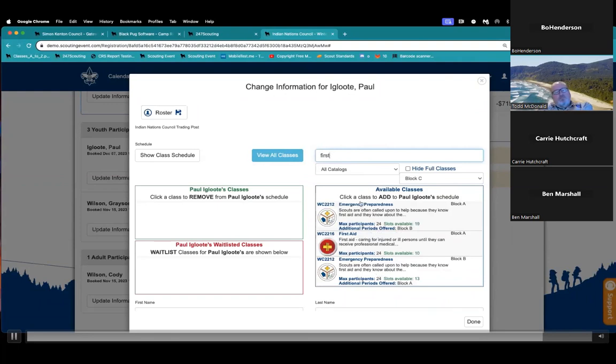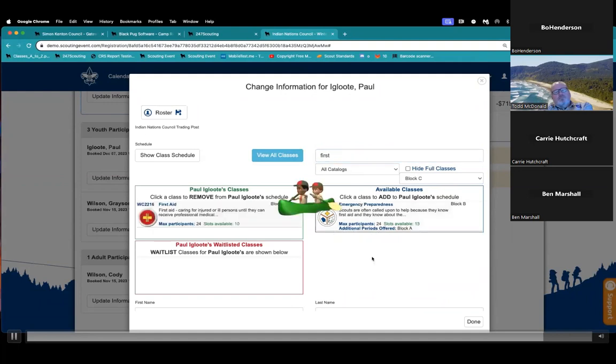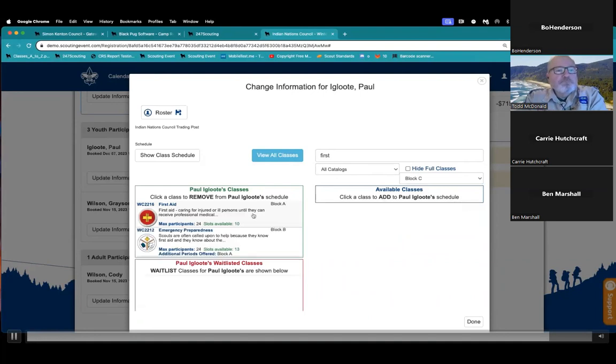To put this class in my schedule, just click the class. And did you see how that little kid in the canoe popped up for like half a second? That was the system saving my spot in that class. So Paul is now in that class. There's no extra save process that he has to go through. This is because he's already gone through the checkout process. If he was not booked on the event, he's not 100% booked in that class. But since we already know he's coming to the event, just clicking that box is the act of putting him in that class. And I did the same thing for ePrep. He's going to take that as well.